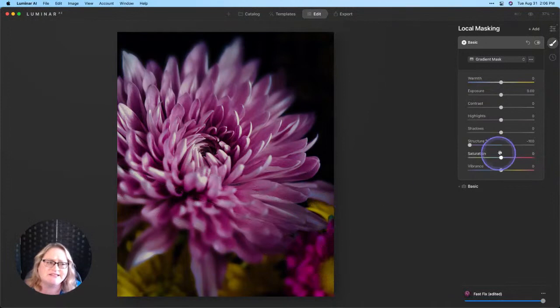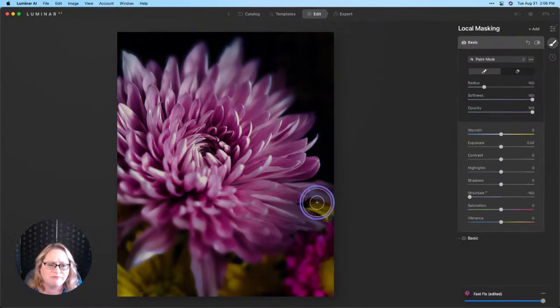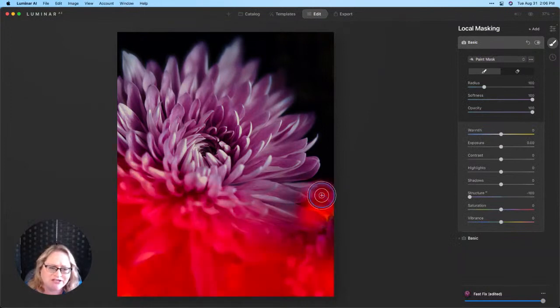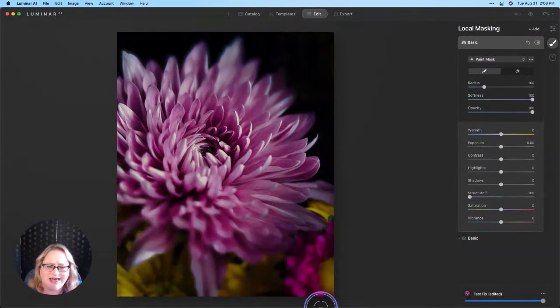So I'm going to add to this mask by switching to my paint mask. That gives me my brush, and now I can just brush in a little bit more of that effect down in that area to soften that up. There we go. And if you feel like you got a little bit too far, you can always grab your erase tool, lower that opacity, and then come in here and just gently blend back in a little bit of